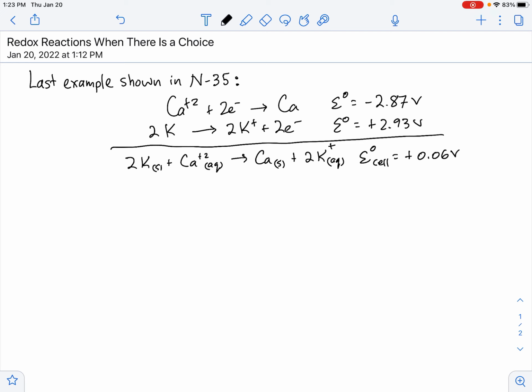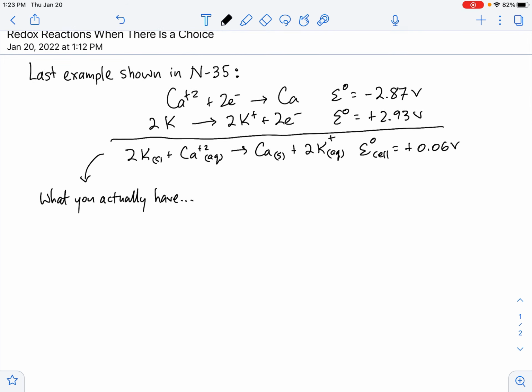And you can see the title of what I've got up there on the iPad. It says Redox reactions when there is a choice. What do you mean by a choice? The reality of the situation is that the calcium ions at the beginning of the reaction aren't just floating around on their own. Okay, there's other things around. And so what you actually have, and so I'm actually going to write a little arrow, and I'm going to say what you actually have